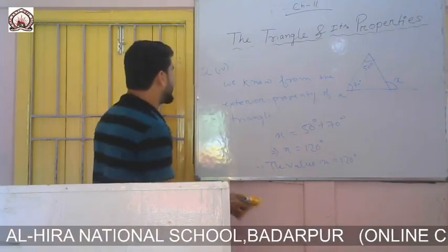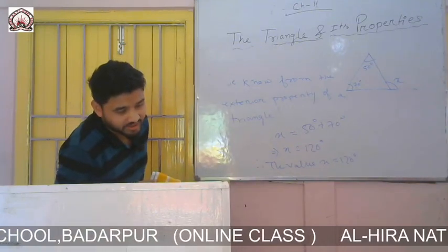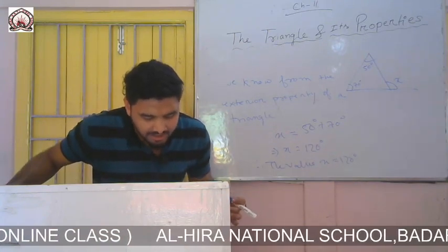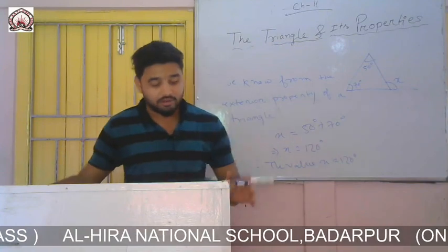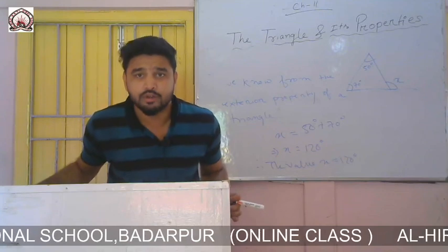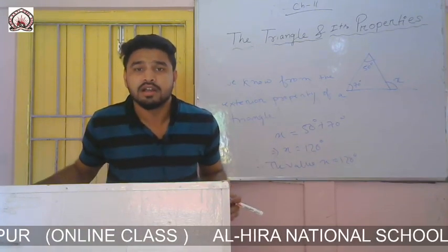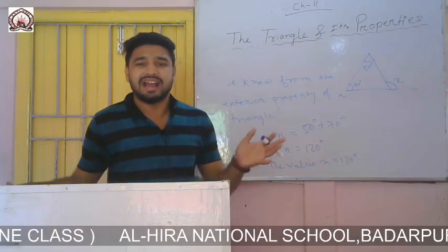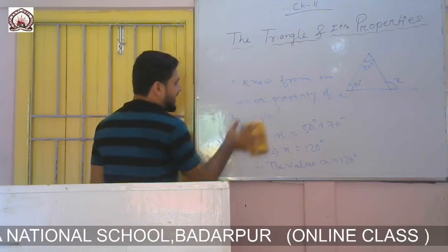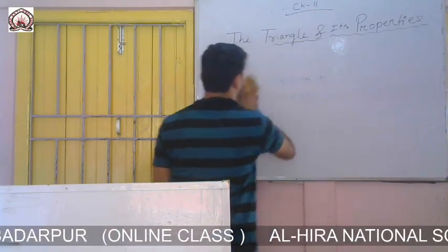Now come to question number 3. It is also the same as question number 2. The measures of two angles are given. We have to find the measure of the third angle. You see, the measures of the first two angles are given, 30 degree and 80 degree. Then we have to find the measure of the third angle. So we don't know the measure of the third angle, then we let it be x or y or z or anything, isn't it? So just look at the blackboard. I will solve. You just look at the blackboard.